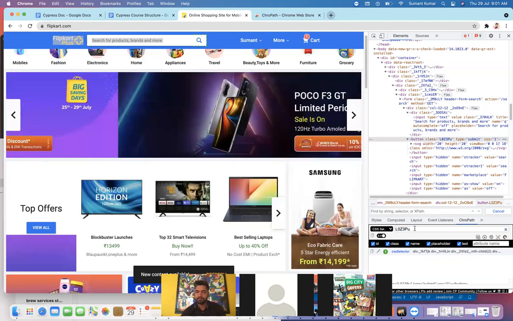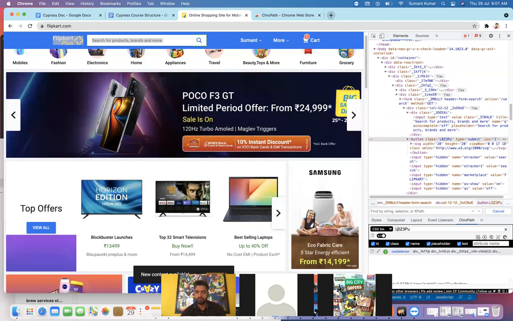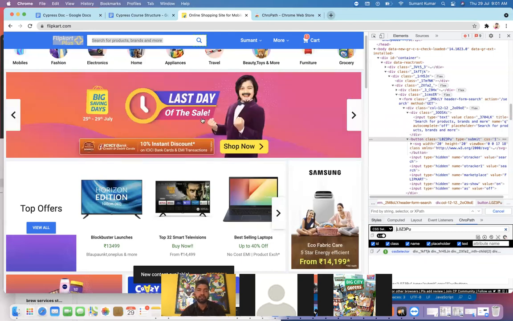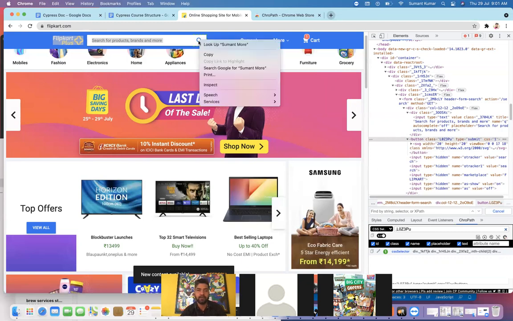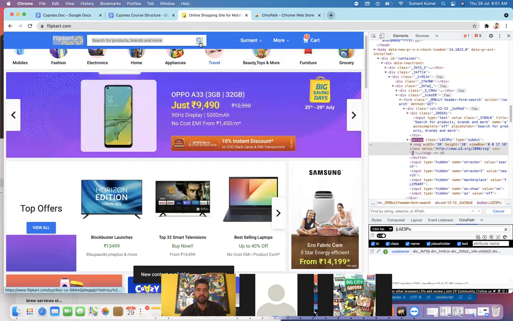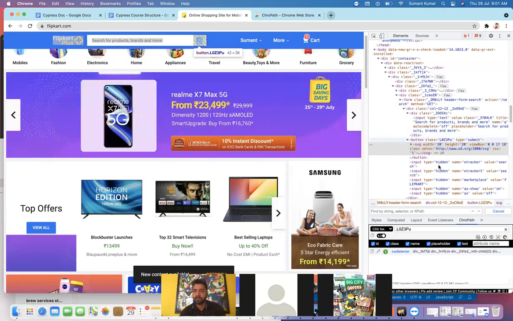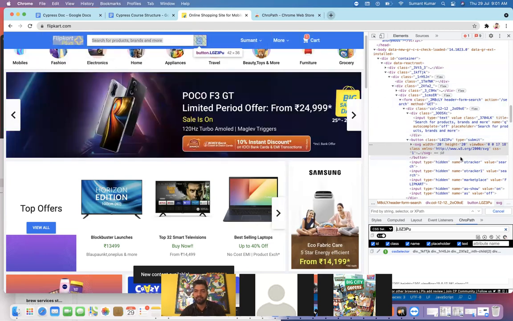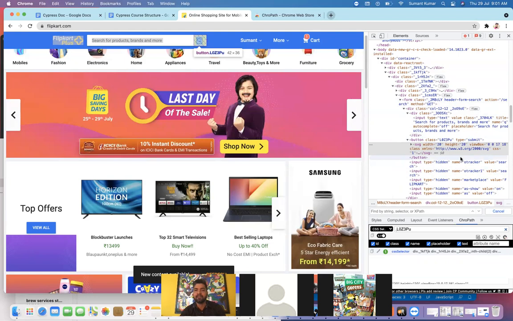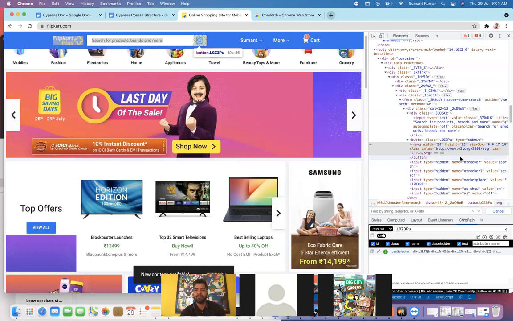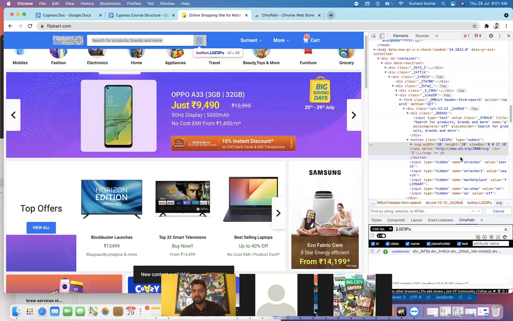So my question is, why are we having to move from parent to child for this example? No, not for this example, but I'm saying in case it's not working. Let's say I want to write the XPath or locator of this one, but the class name is not available here, or some unique property is not here, and we are not able to write directly with the help of these properties. At that time we have to move from parent to child. Got it? So it will come up in your real life scenario. Like once you can show a real example of this one.